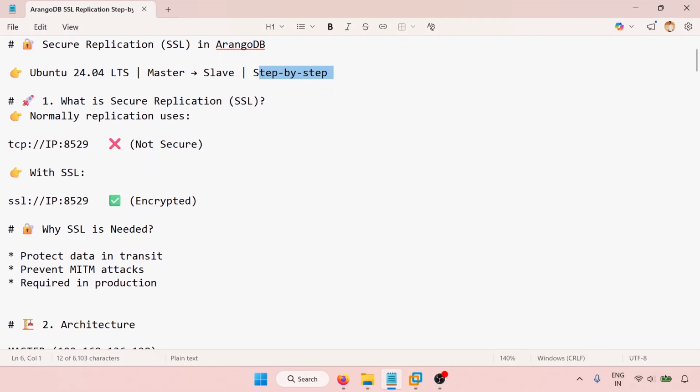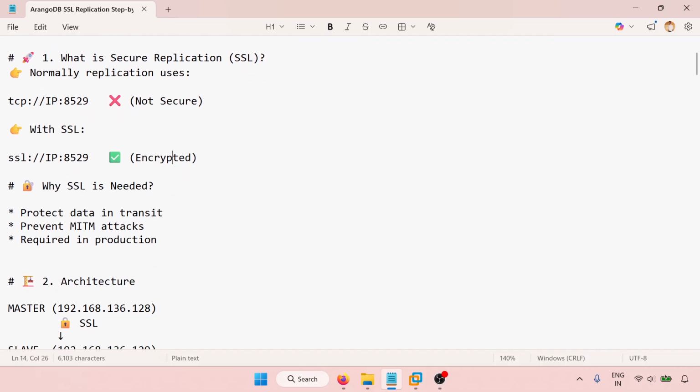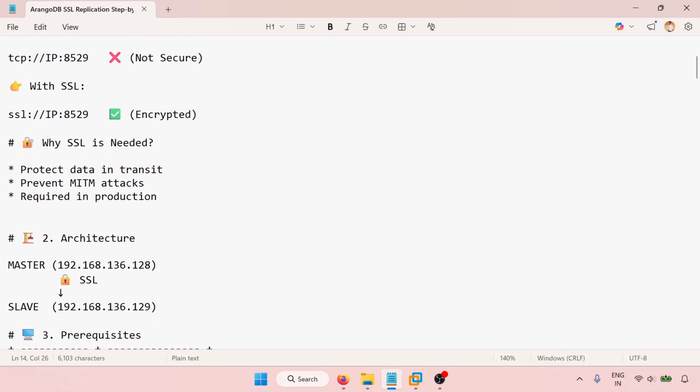And next, what is secure replication SSL? Normally, replication uses TCP, that is the IP and port number 8529. That is not secure. With SSL, instead of TCP we'll use SSL. The port number is the same, but the data is encrypted. SSL is needed to protect data in transit and prevent MITM attacks, man-in-the-middle attacks,